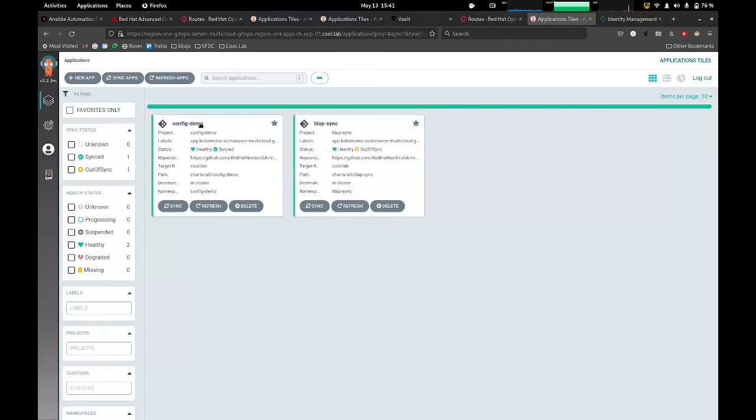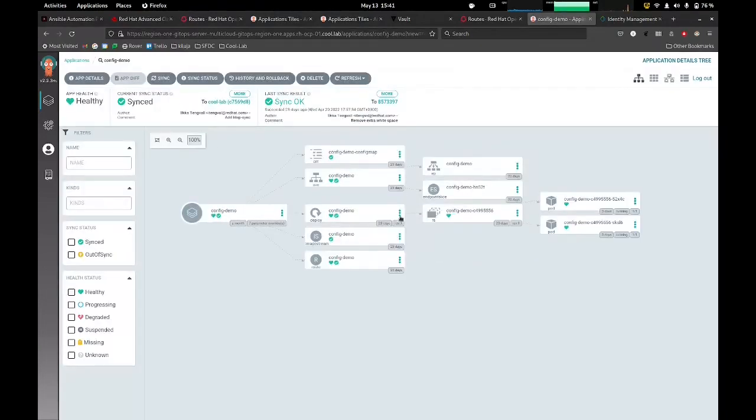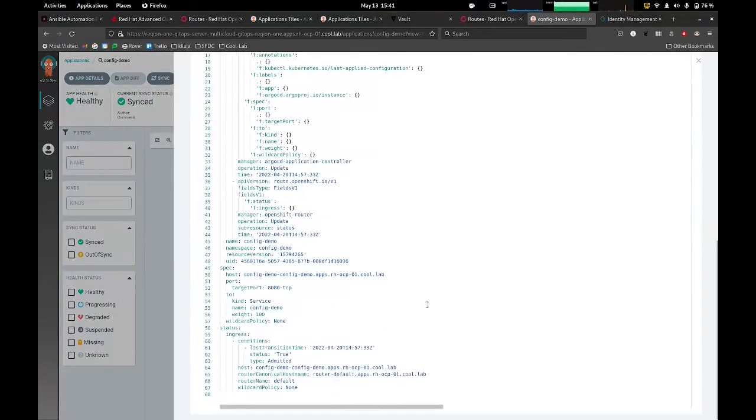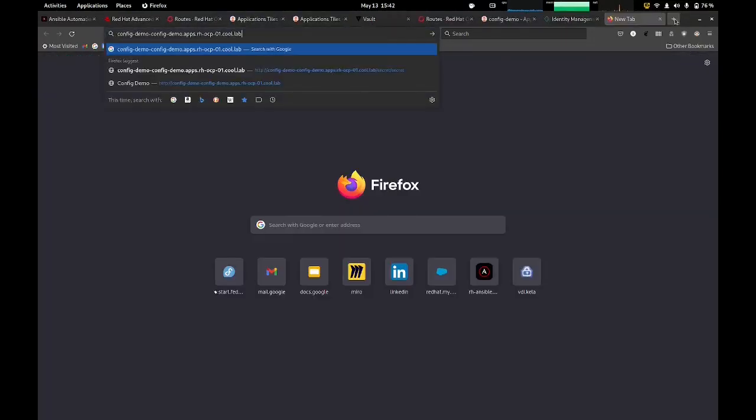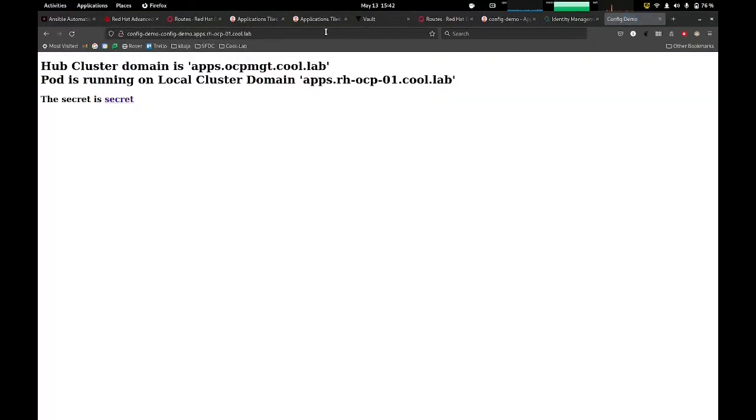Again, if we drill down, I go to config demo. I could look at the, where is the route now? Here. I could find the route actually from here also. So I could go and see this local address. How does it look like in this cluster? Note that in this cluster, the address has been applied to reflect that we are not in the management cluster. Now we are in this remote cluster. And I see again that this time